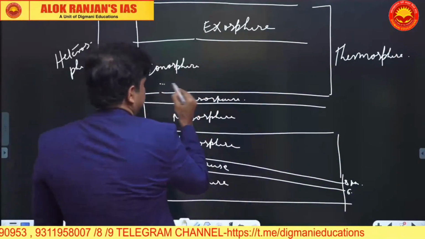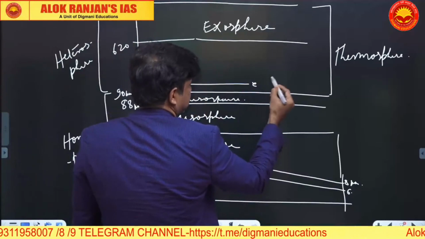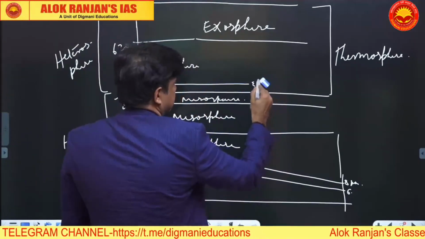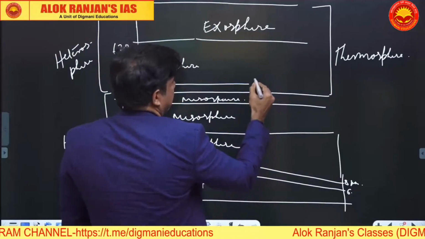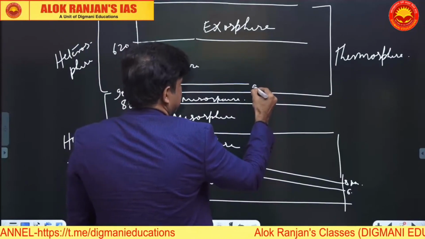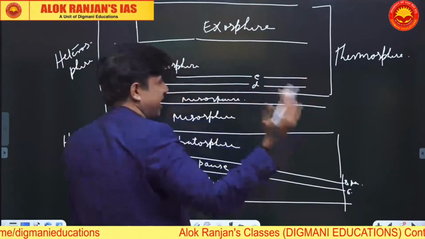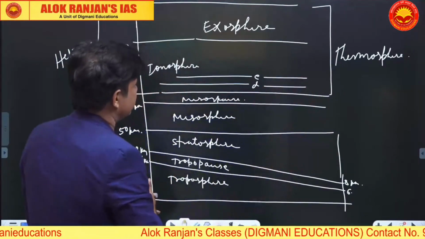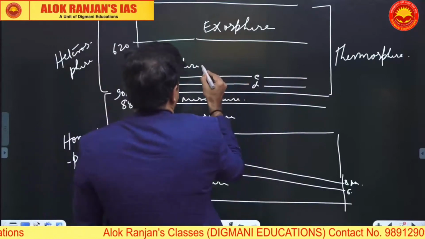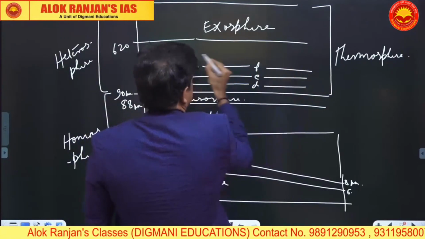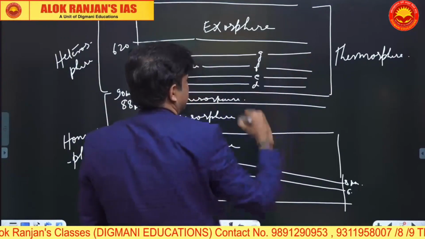An ionosphere will have several layers like E layer, D also there is, D layer, E, sporadic E, E1, E2. There is no need for such. F, G, such layers are there.